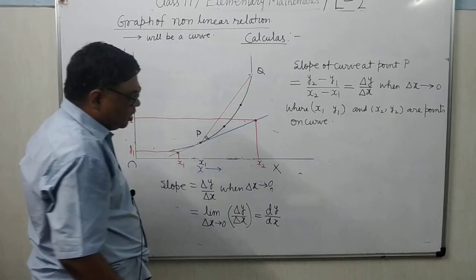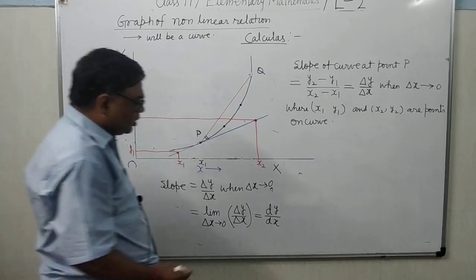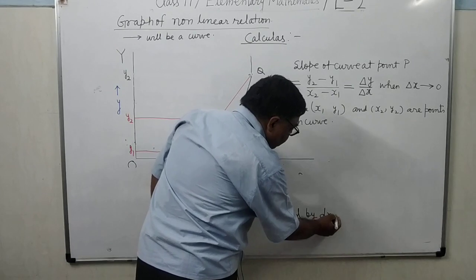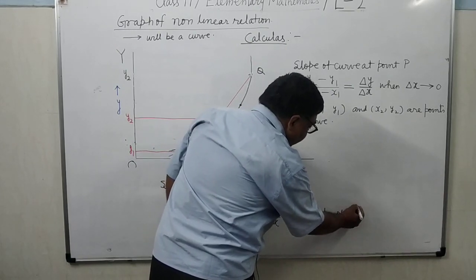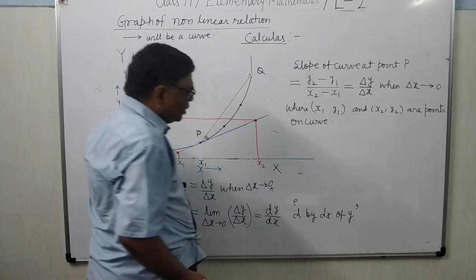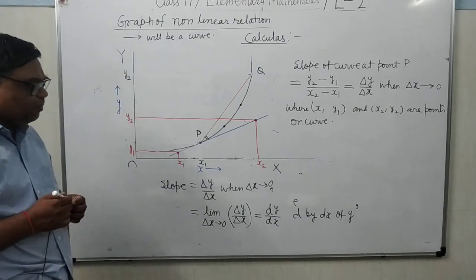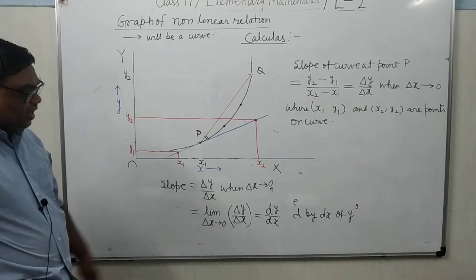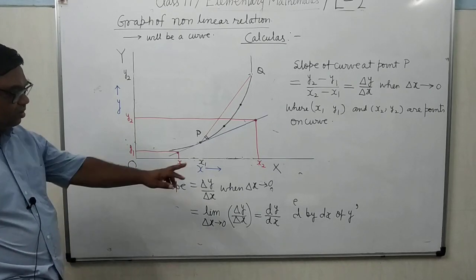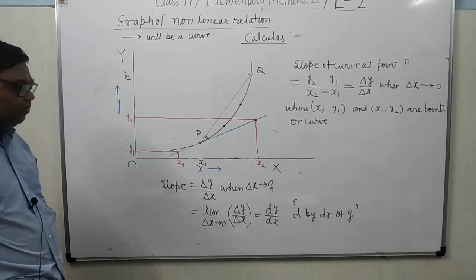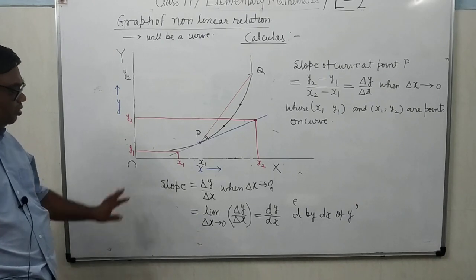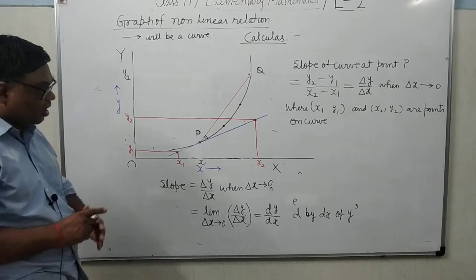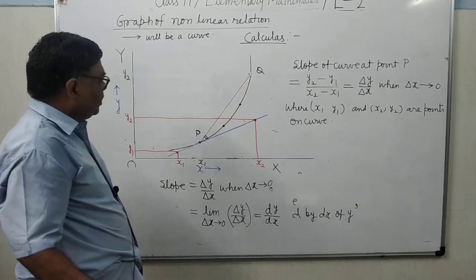It is clear? Here, what is this? This is d by dx of y. In calculus, we call it this. Sometimes students say dy upon dx. That is not the correct way. The correct way of reading this is d by dx of y. It is clear? So, slope we can find by calculating that value d by dx of y. Now, what is d by dx of y?